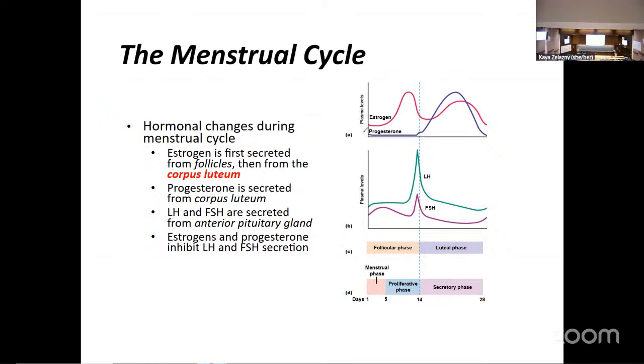So what we see happening, right, is that during the follicular phase, we start out with pretty low levels of estrogen, right? But as those follicles grow, they produce estrogen. So we see estrogen levels rise through the follicular phase. They actually drop off slightly right before ovulation, but then they're going to come back in the luteal phase over here because the corpus luteum takes over production of estrogen during the second half of the menstrual cycle. If we look at progesterone,